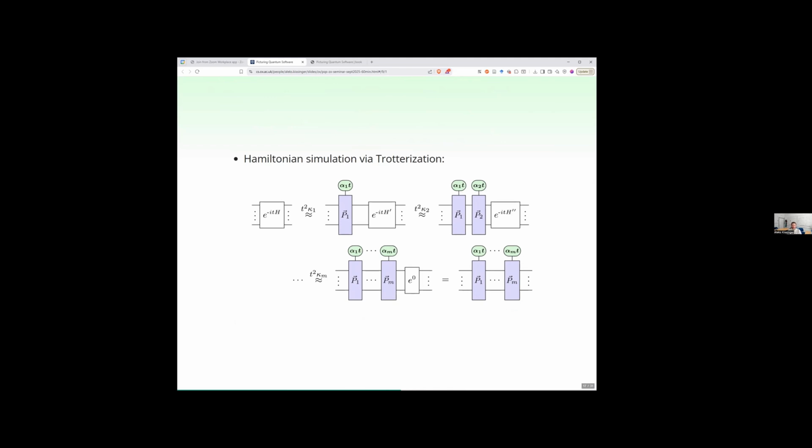And finally, the place that this chapter culminates is with Hamiltonian simulation via trotterization. So these chunks are the Pauli exponentials. And we show how you can take some arbitrary Hamiltonian, which is being exponentiated like this, and you can pull out these Pauli exponentials one at a time, incurring some error as you go. So this is a kind of standard elementary technique for writing a circuit which simulates, or at least approximates, the time evolution of some physical Hamiltonian.